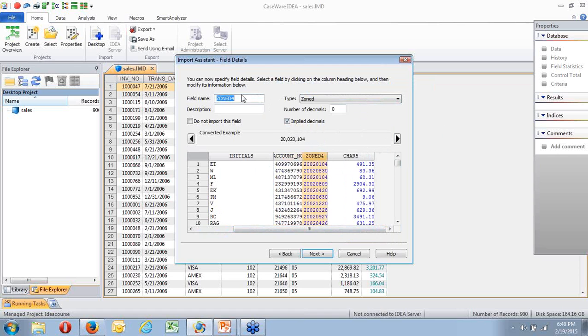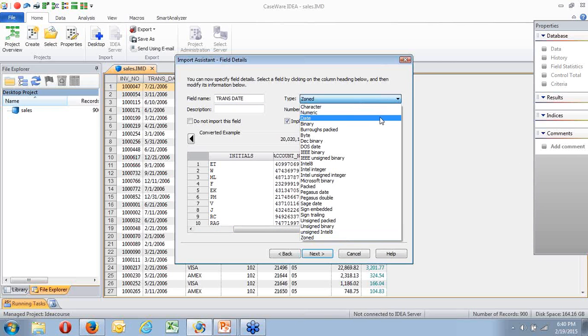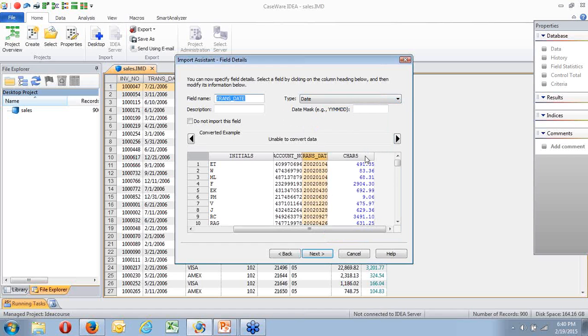The next one it says is also a zoned field because, remember, this is coming from IMPSIDIC. So again we know that this is not a zoned field, it's my transaction date. It is a date field, and that it is 4 years, month, day. How do I know? Because that's the layout they gave me.